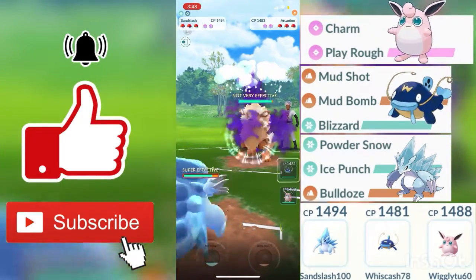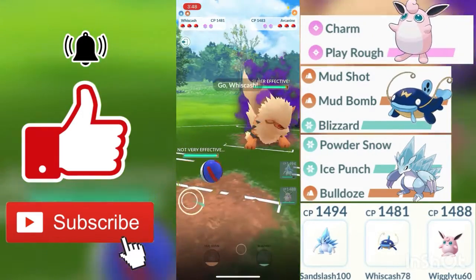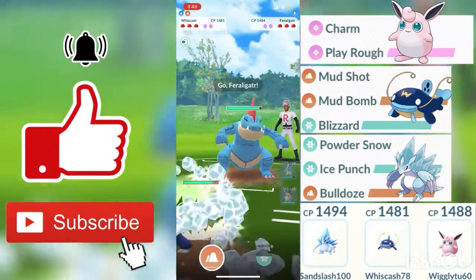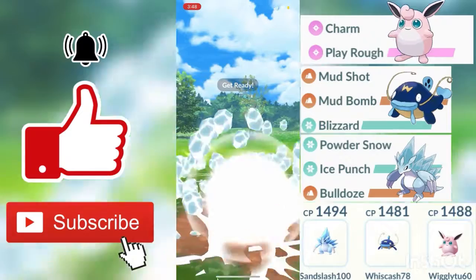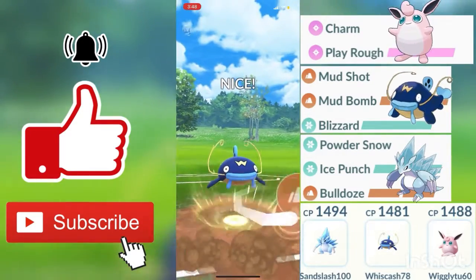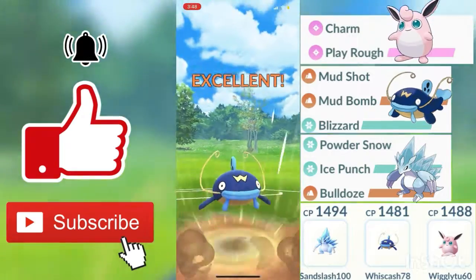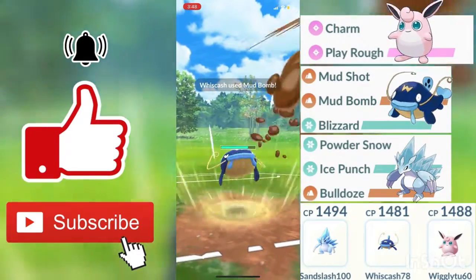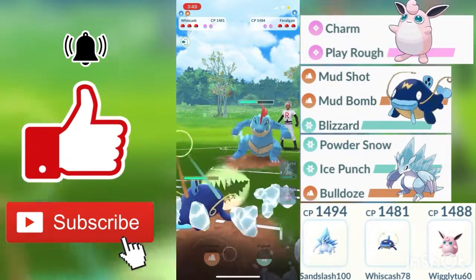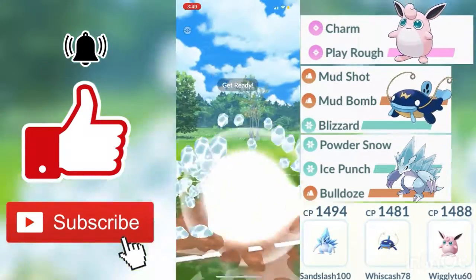Alright guys, for the third round, my opponent's first Pokemon is an Arcanine. Arcanine being a fire type Pokemon, fire types will be doing double super effective damage against my Sand Slash because fire types do super effective damage against steel types and super effective damage against ice types. So I did make a swap out into my own Whiscash to actually counter his own Arcanine, but my opponent's